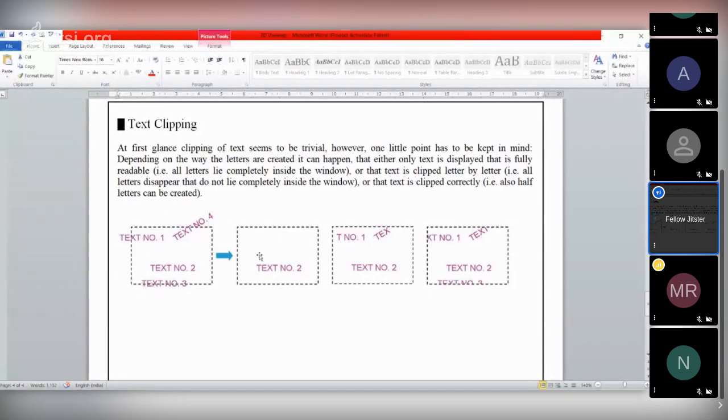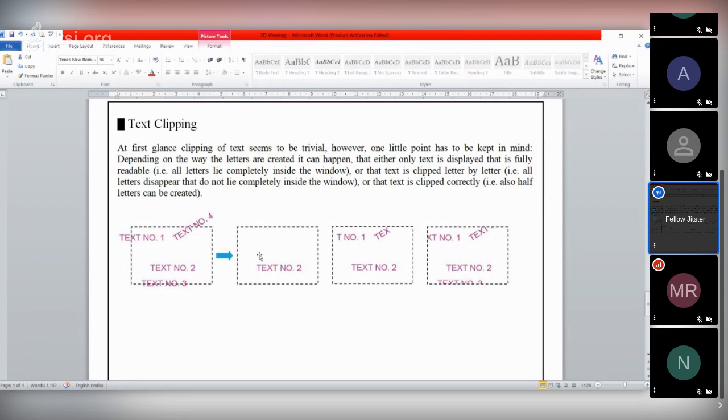So the first type is all or none string clipping, which means we check whether the string is totally inside the window, outside, or half outside. If some portion is inside and some outside, we will not consider it. We will consider only the string that is completely inside this window. This is the first type.